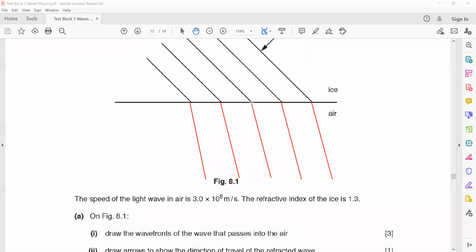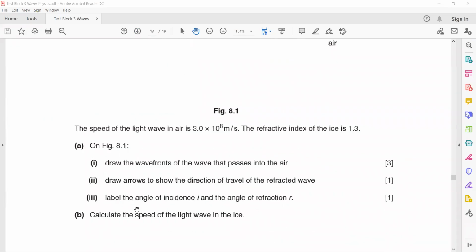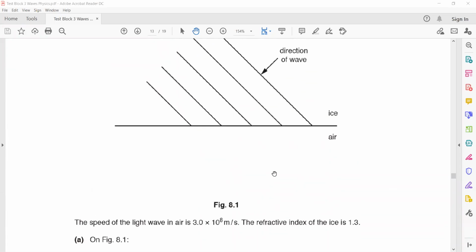So if these are the wavefronts I drew, then this will be the direction in which the wave will travel. And you can see it is obvious that when the wave is coming, it strikes and it bends away from the normal, moving from ice to air. Label the angle of incidence and angle of refraction. So how to label the angle of incidence and angle of refraction? It's better you make 1 point so that you can easily work out the angle of incidence and angle of